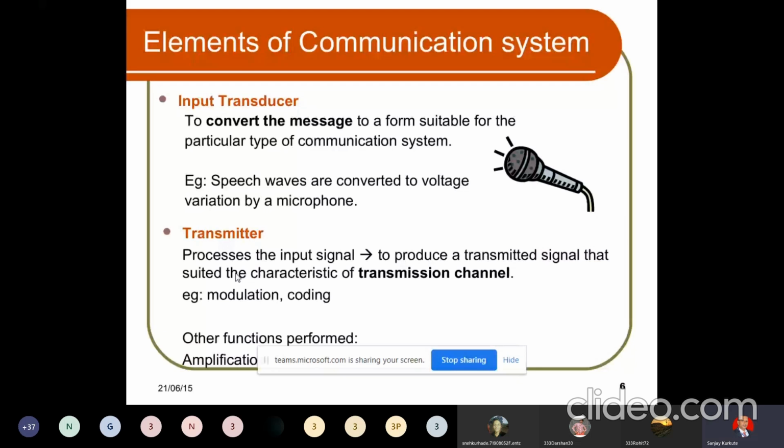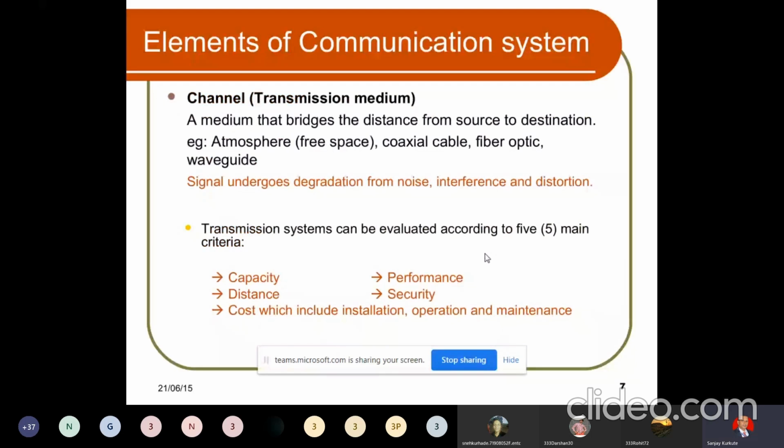So a transmission system can be evaluated in 5 ways. One is capacity. So these parameters, see, I am not teaching only the theory part. Here we have to think in view of design, correct? So which parameters we have to think about as far as the transmitter is concerned, and the channel is concerned. So we were thinking about this transmitter, then the channel, okay?